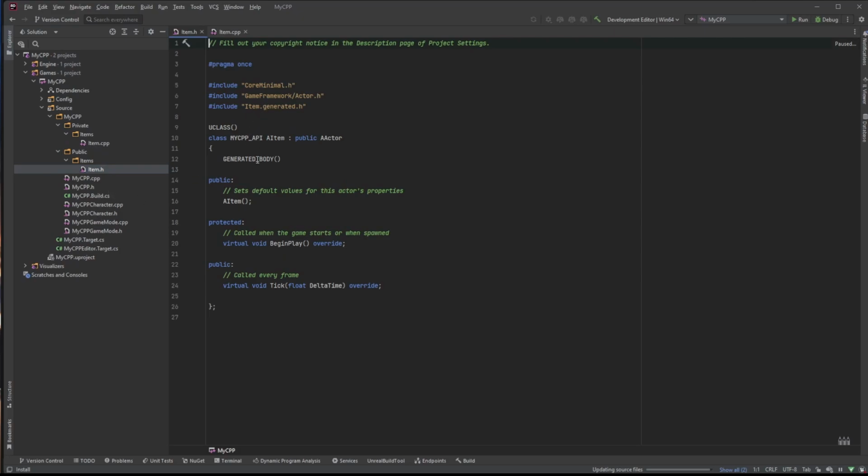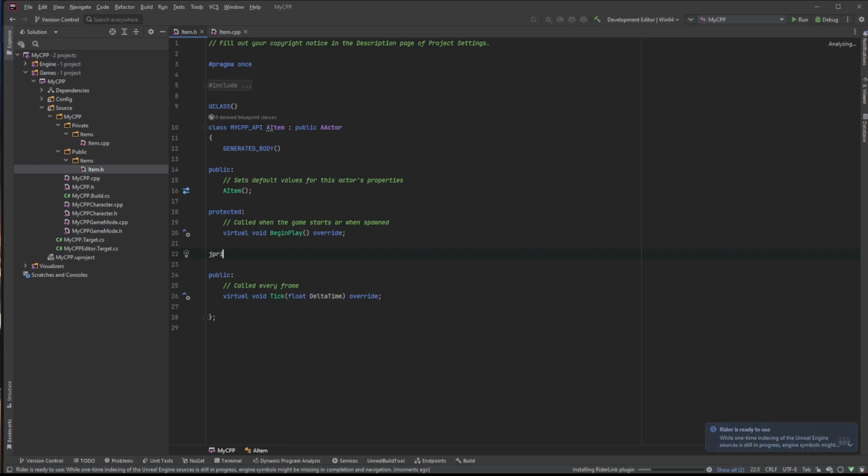Now here in your header file, you have your public, protected, and the public section down here. And of course, there can be a private section. We'll just go ahead and create a private section because we're going to be needing that. And you have your constructor here, your A item. As you can see here, A item